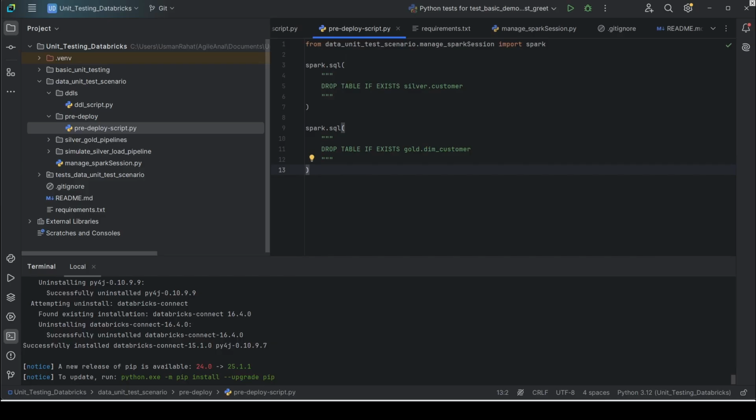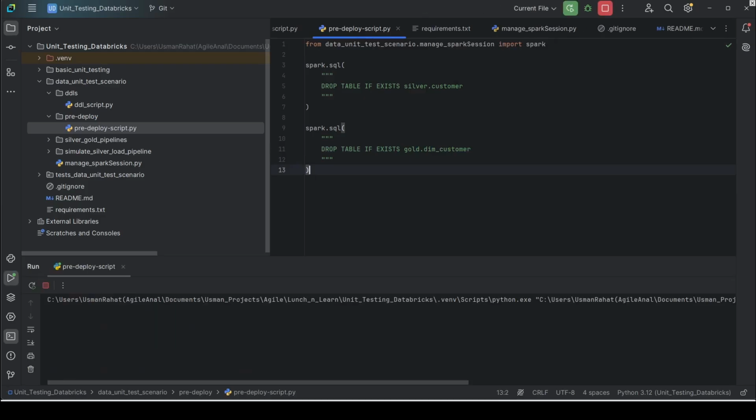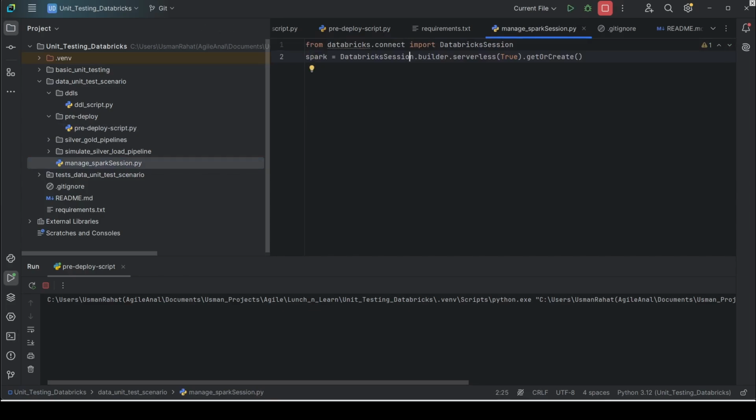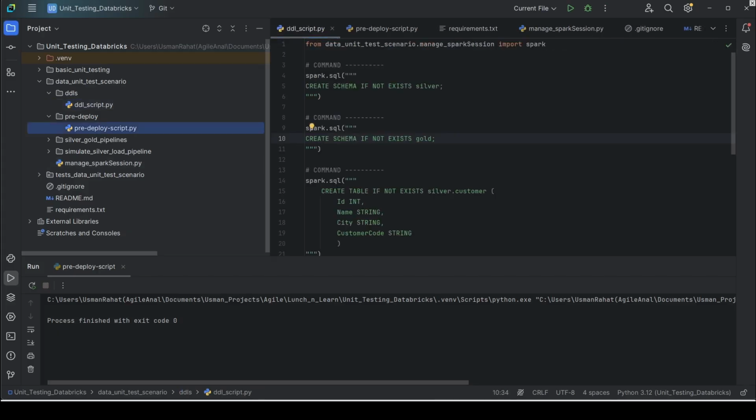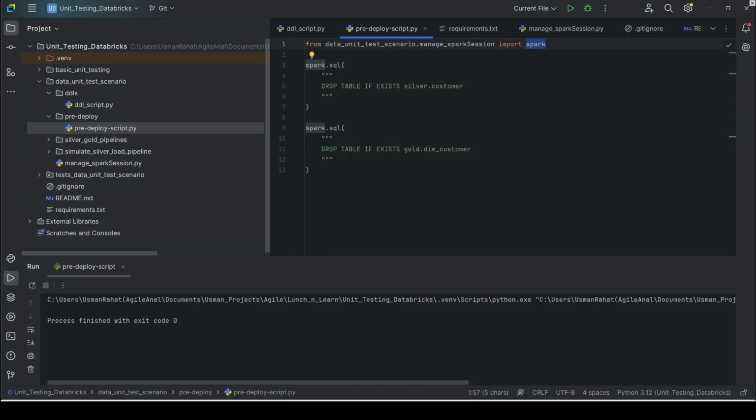I have two tables in my model, a silver table and a gold table. I'm doing nothing except dropping them if they exist. So if I run this, you can see I am importing the Spark session from this manage Spark session file. I've just created one, because I do not want to create the session in each file. Okay, now that the file is executed, if I go to my Databricks environment